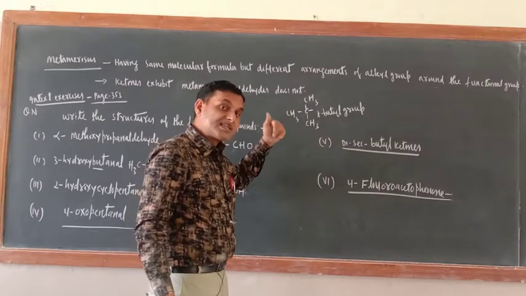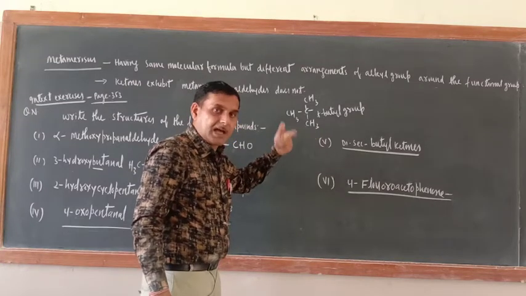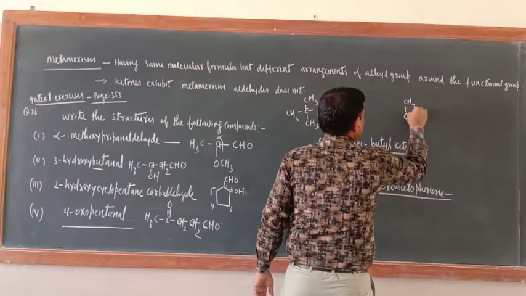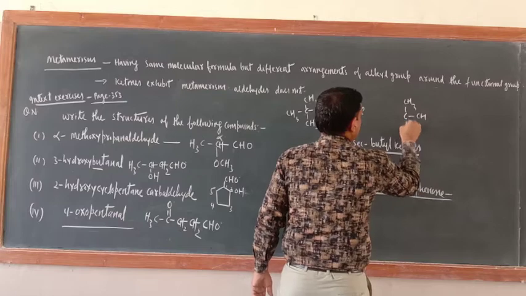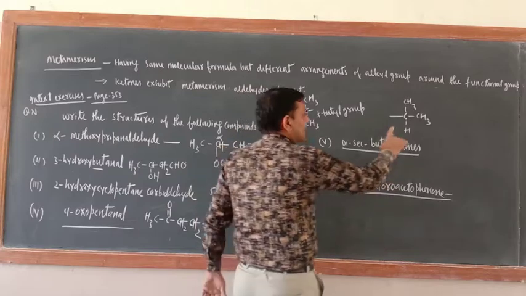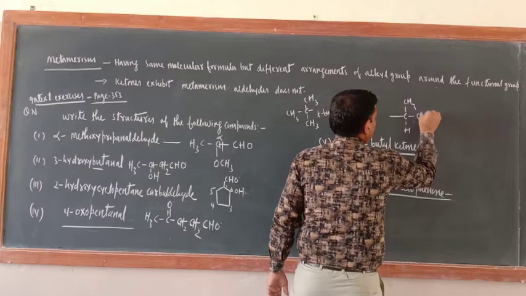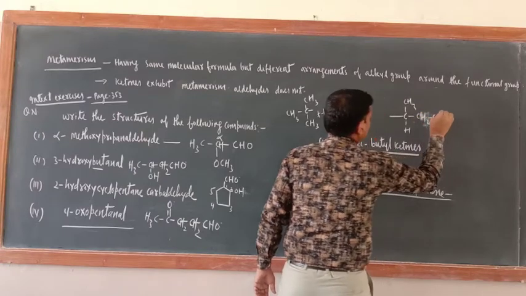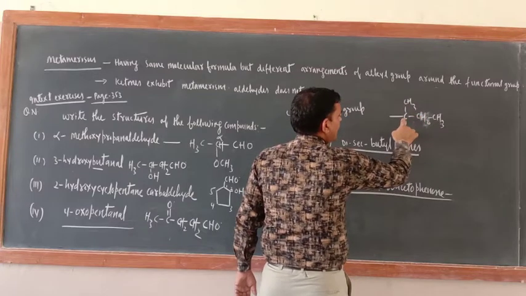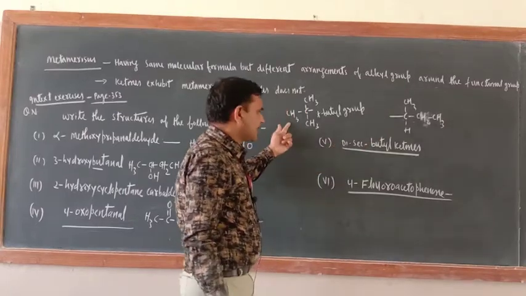Okay, what about secondary butyl group? Secondary butyl means the alkyl group should be attached at a secondary carbon atom. So just see, this is C. Now CH3, CH3, H. This is secondary butyl. What is this one? Secondary, not secondary butyl. Right now this is isopropyl group. To make this one secondary butyl, a CH2, CH3 group should be there. Now count 1, 2, 3, 4. So this is a 2 degree carbon atom or not? What is this one? 2 degree carbon atom. So that is why this is secondary butyl, this is tertiary butyl.